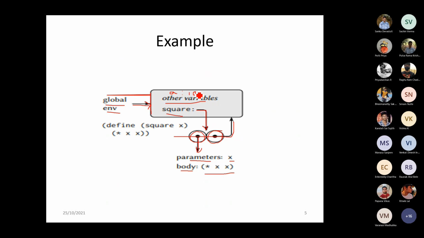Okay. So the environmental model is just a representation of how the memory has been allocated and how we are going to access it, or how the pointers have been pointed, through which we can access those particular variables and how it will be executed.